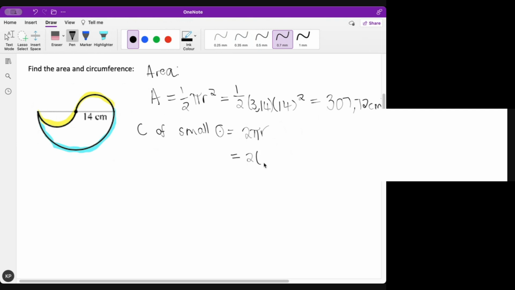So this will be 2 times 3,14. What's my radius of the small baby circle? Small baby circle, it's 7. Okay, so what's 2 times 3,14 times 7? 43,96 centimeters. Great. Now let's deal with the blue part here. Okay, so circumference of the big circle